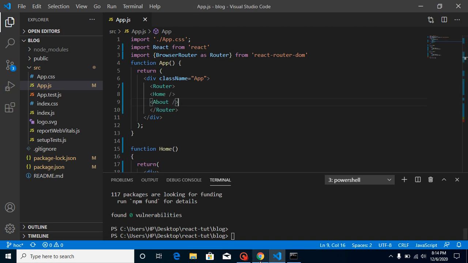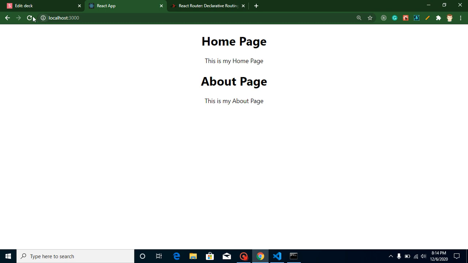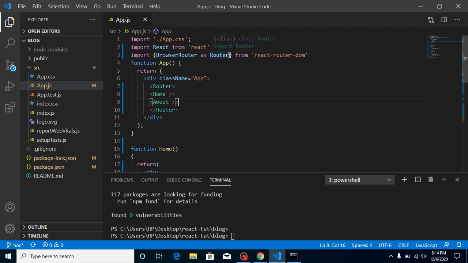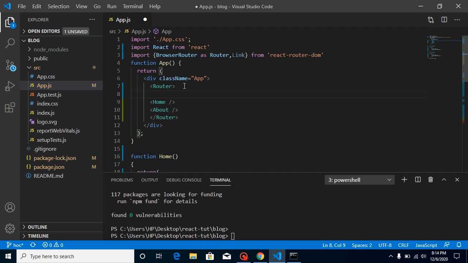Till now you will see the same code on your browser. But first of all, we need links to open the different pages. So just import Link from here, and simply write Link, and write Home, and we don't need to put path here, let's put to, Home, and we can also define a route slash like this.